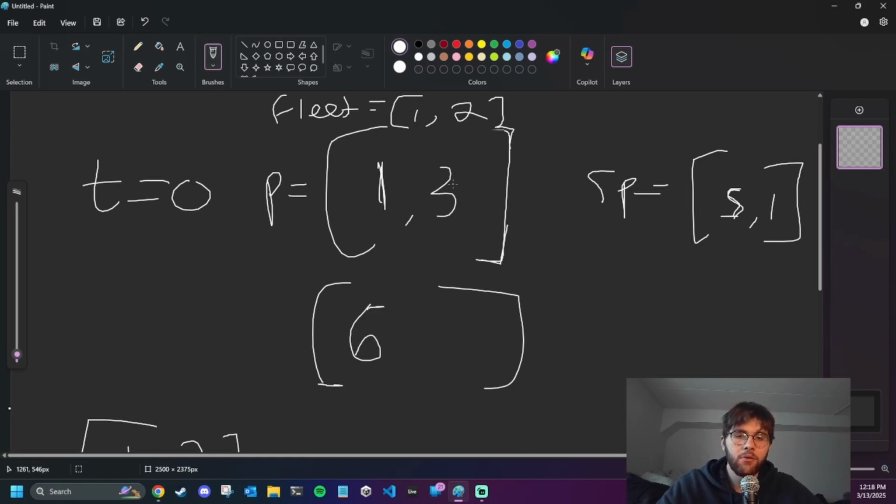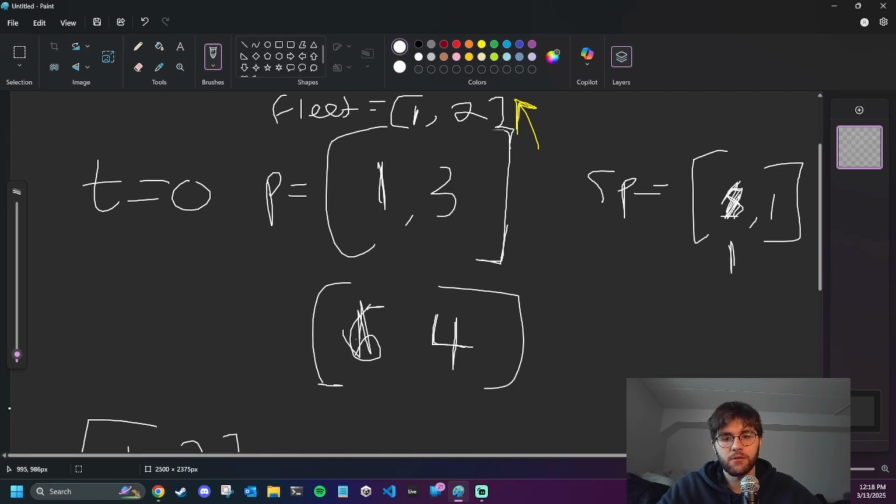Then we'll add 1 to our fleet, which is 4. And then we'll check, is the fleet order preserved? Like, is fleet 2 still ahead of fleet 1? And if it's not, then we can change fleet 1 to be equal to the speed of fleet 2